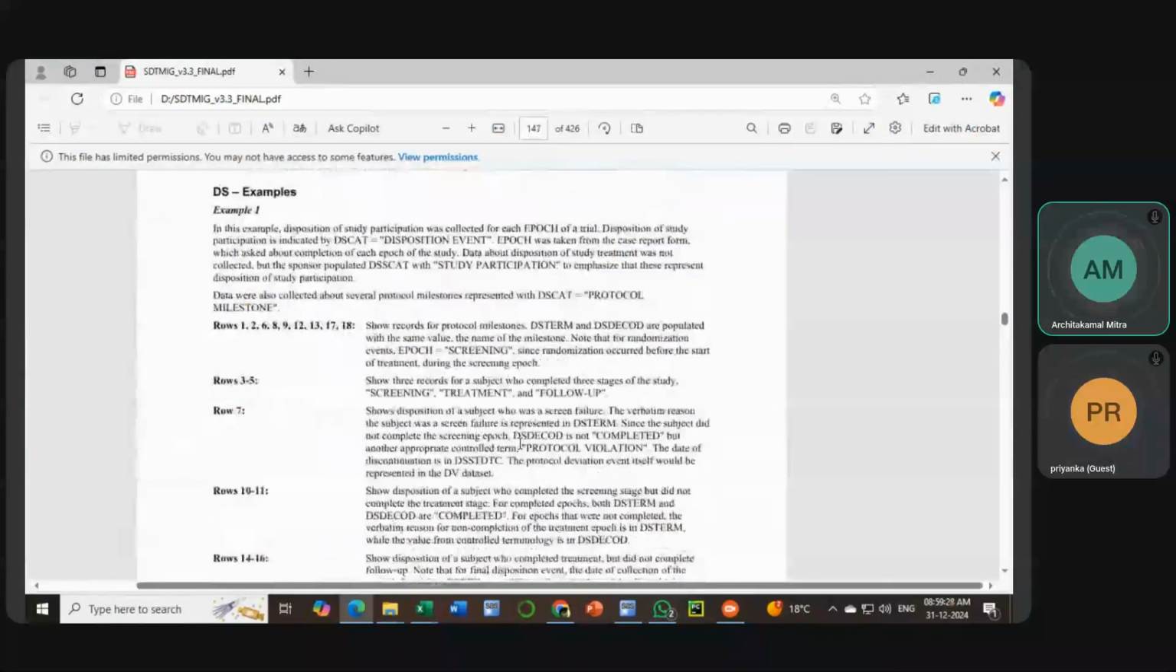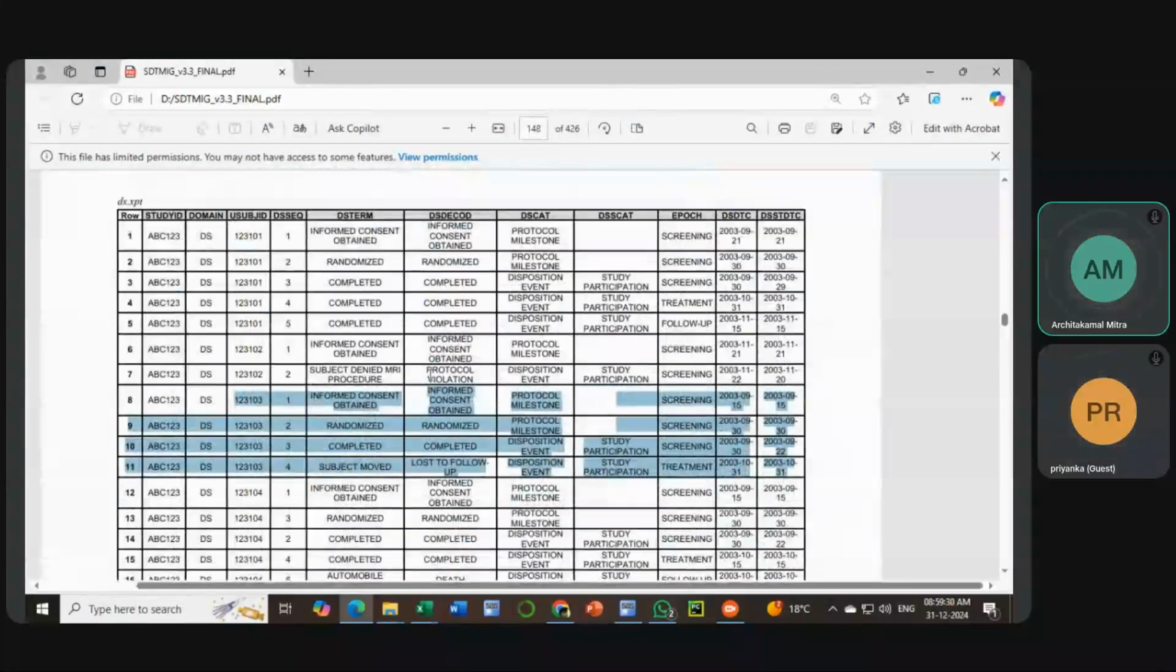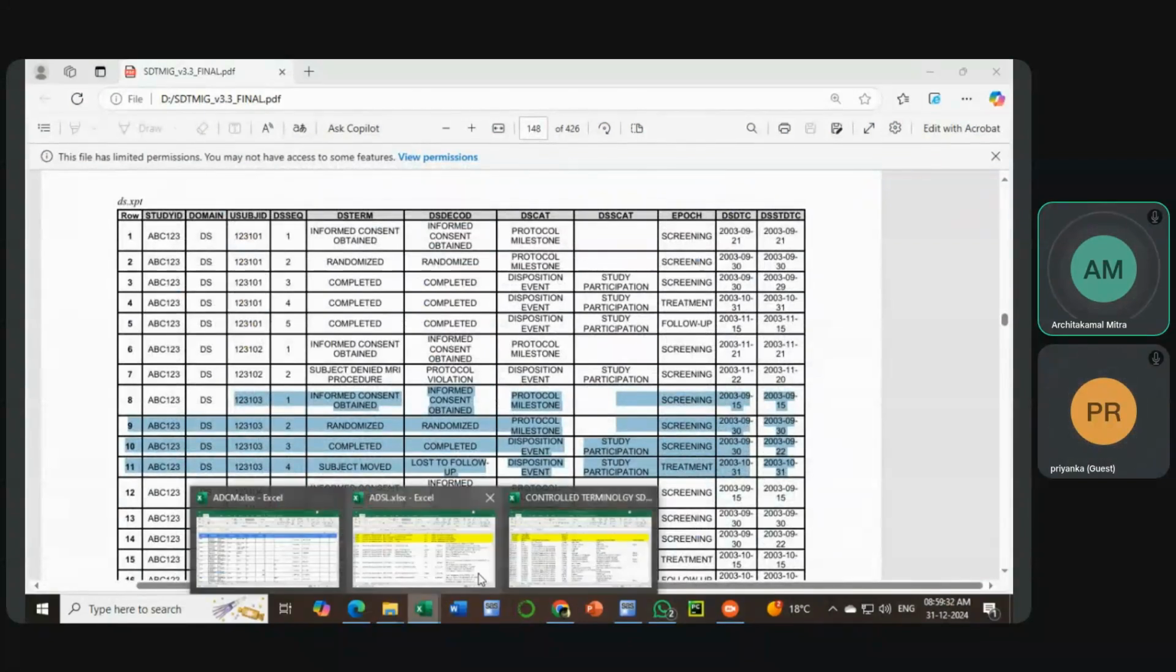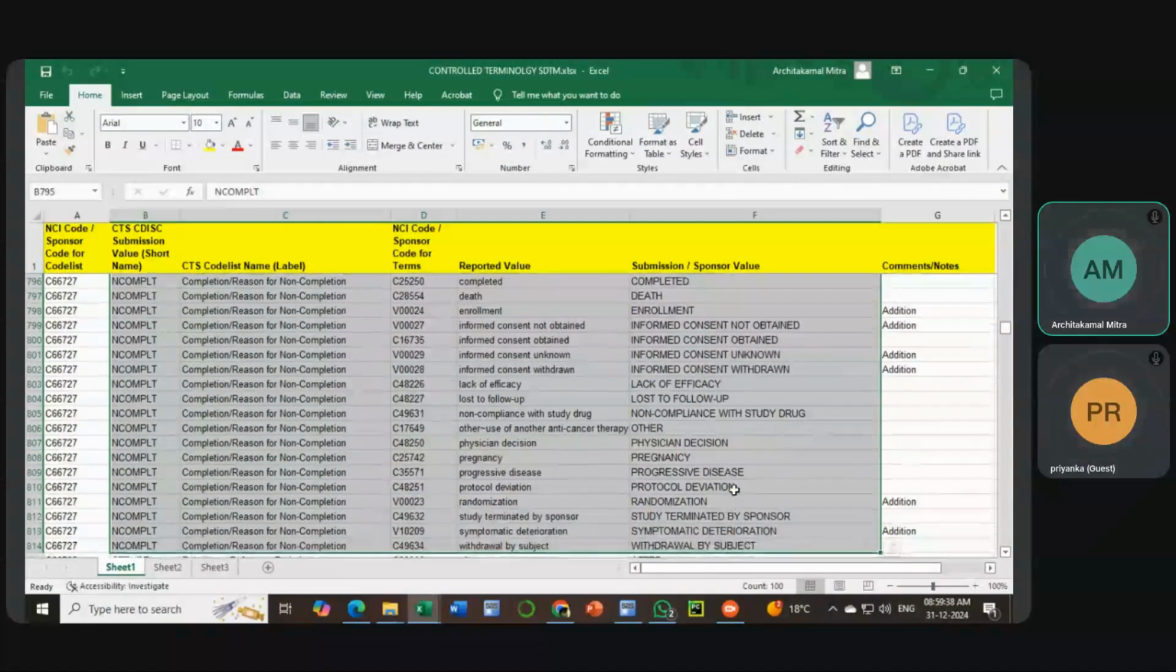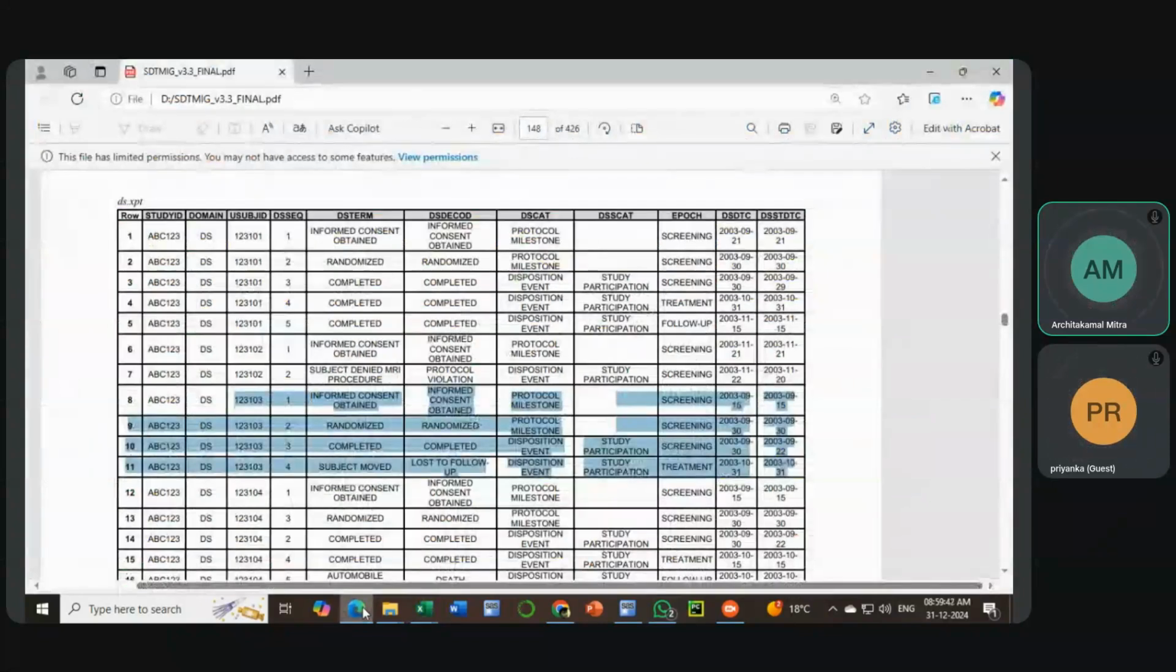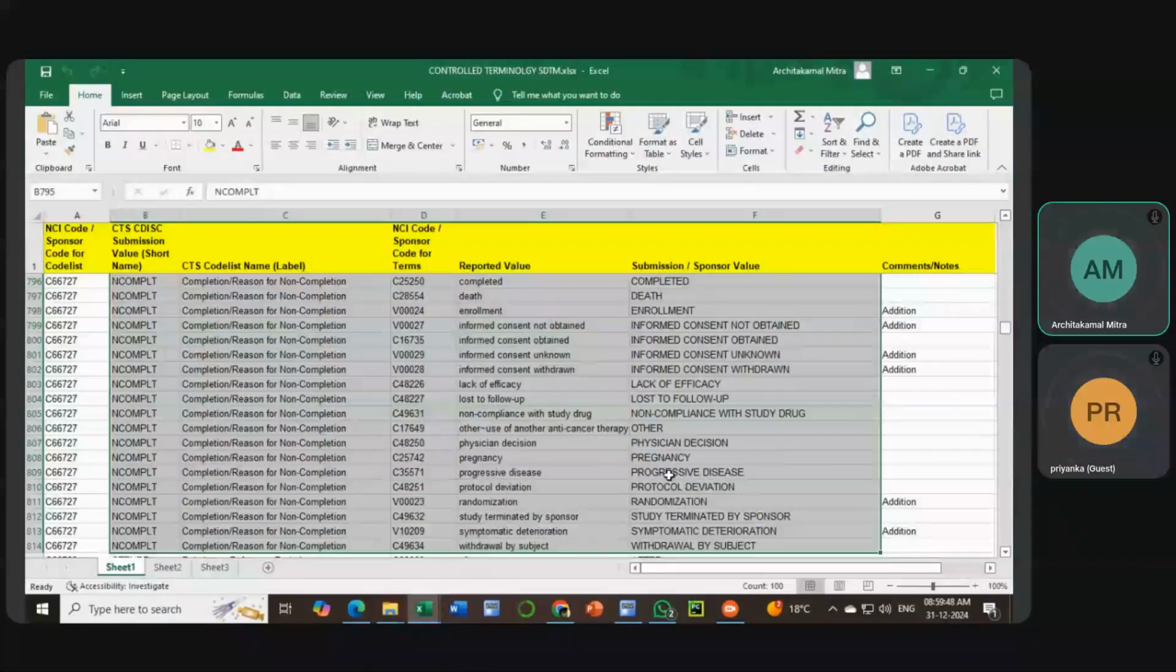What have we used in DSDECOD? We have put protocol violation. Is protocol violation there? Protocol deviation. It's a little different, so it's protocol deviation. Okay. Then we have the disposition. We have randomized, completed, lost to follow up. We have randomized. Then we have completed. Then we have death, enrollment, lost to follow up. See, lost to follow up. So within this only you have to take